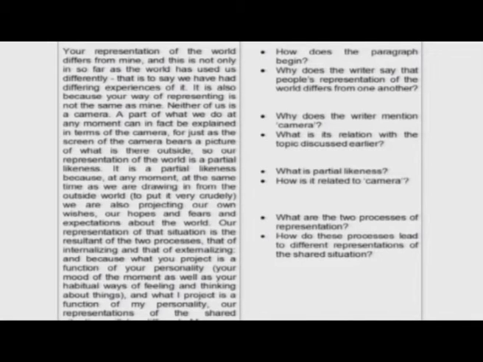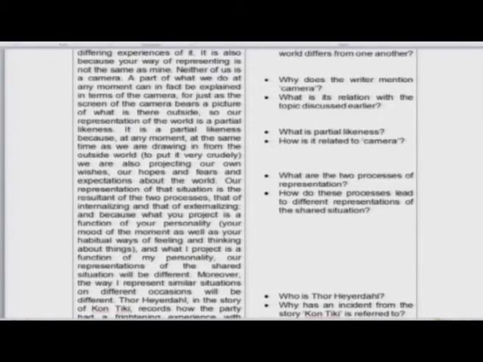That is the next key word we find. So, whatever we capture bears a partial likeness to what is there outside. So, a camera also does the same thing. It is not an exact 100% replica of what is there outside. Okay, we move on. So, continuing, partial likeness comes because if you look at this part here,